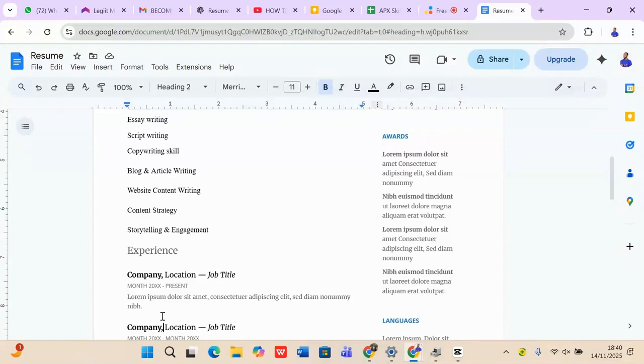So for you that doesn't have any experience, you can easily go and look for brands, work for them for free, just to build your own experience. These are the reasons why we tell people to go and work for people for free. But because a lot of people want to make money online, that doesn't allow them to go and work for people for free. So if you have worked for people, you can actually use the experience here.